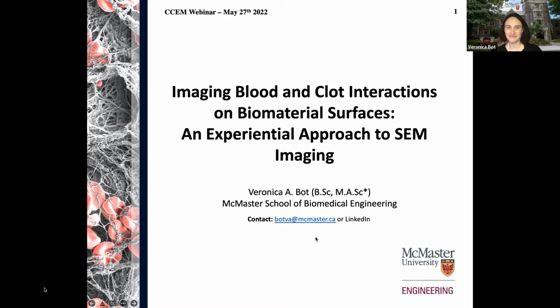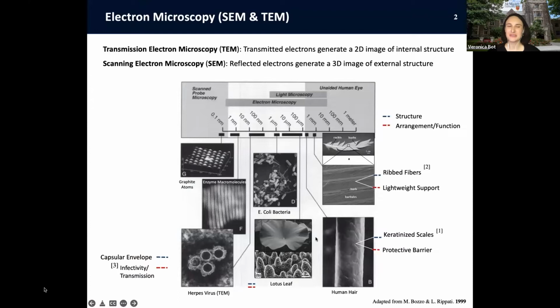All right. So before I jump into my research and more of the methodology, I want to just present an overview of electron microscopy in case we have any viewers who have never used it before or are new to the field. From a historical perspective, briefly, scientists have had a fascination with the microscale for centuries. With the emergence of applied optics in the 4th century, the first microscope in the 1600s, and then electron microscopy in the 1930s. It was invented by scientists Knoll and Ruska, which is very interesting.